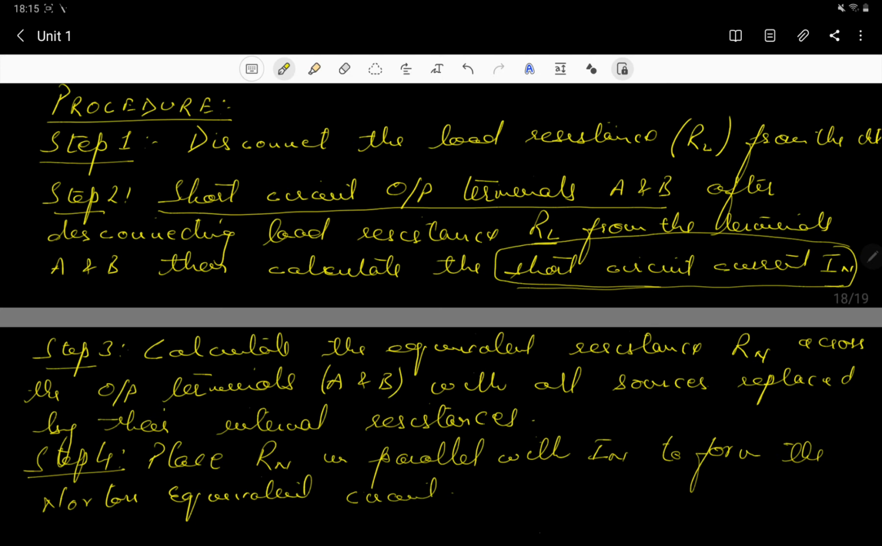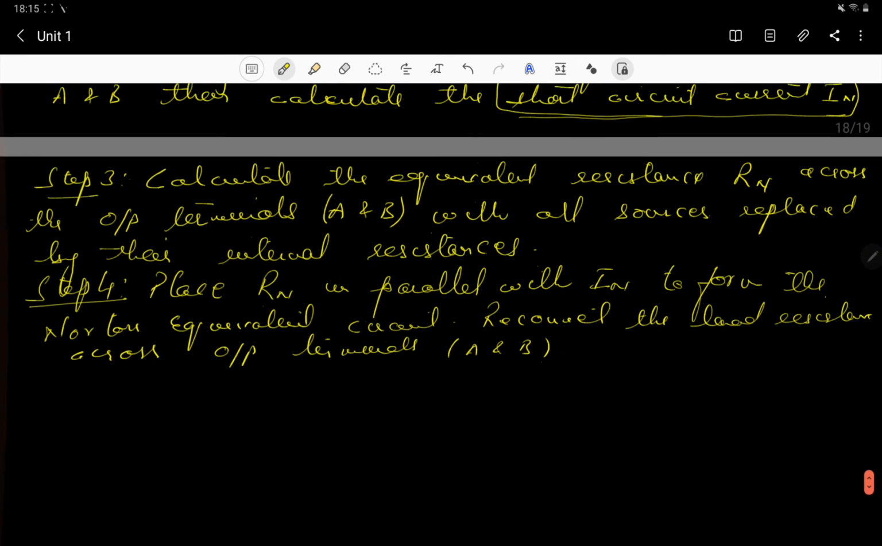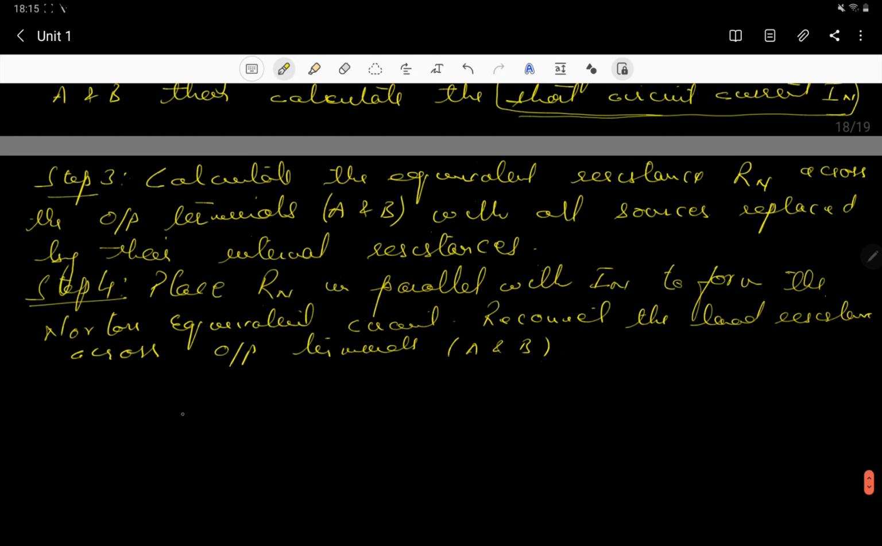To form the Norton equivalent circuit, all right, and then reconnect the load resistance across output terminals A and B. All right, so from here, if you want to calculate the load current,